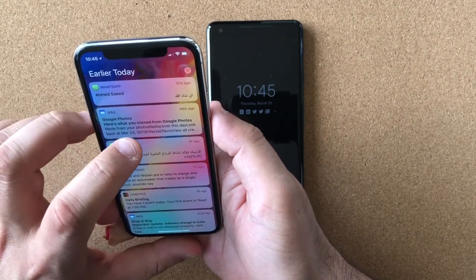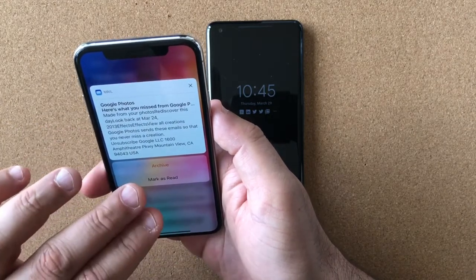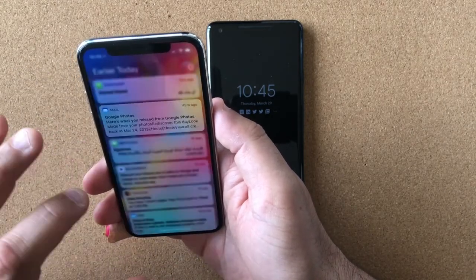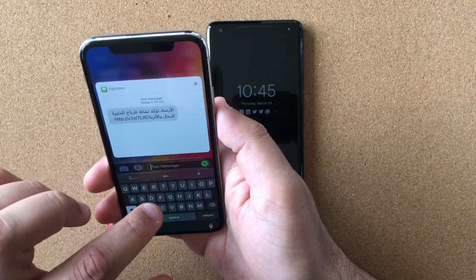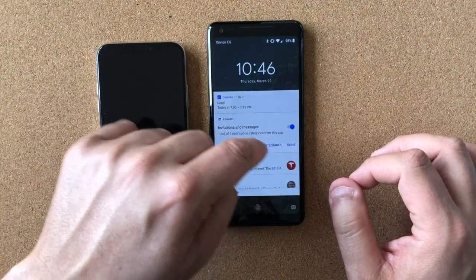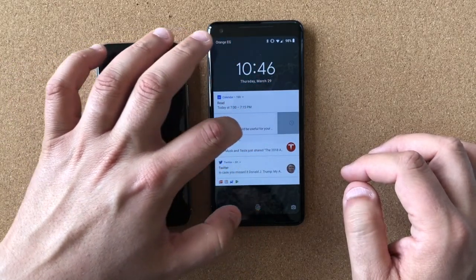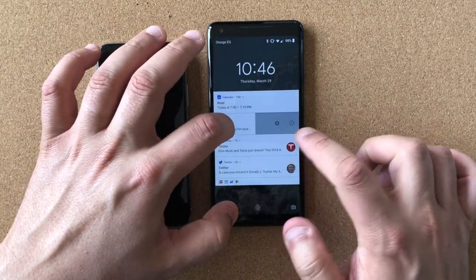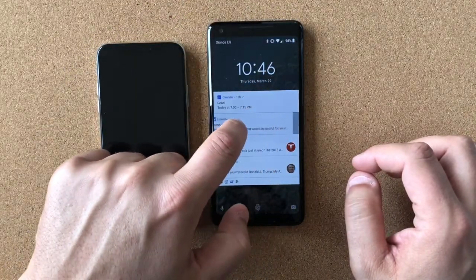Cool. Same thing with mail. I can force touch and mark as read and archive. Different functions depending on what the notification is related to. This is a messages one, so I can reply right from the lock screen, by the way. If you force touch over here, you get into your settings. So again, kind of redundant. So you get settings by swiping to the left, you get settings by swiping to the right, and you get settings by